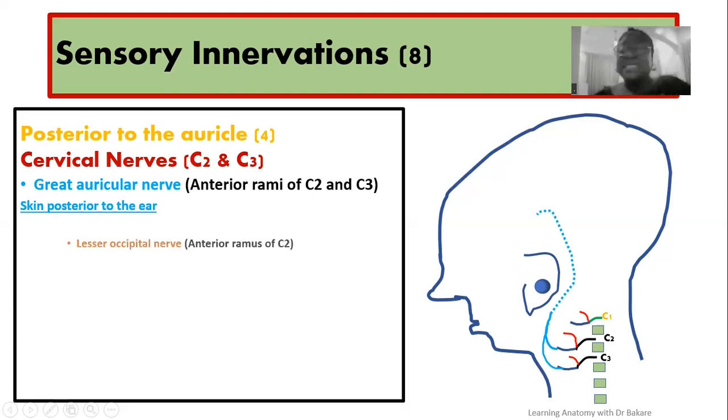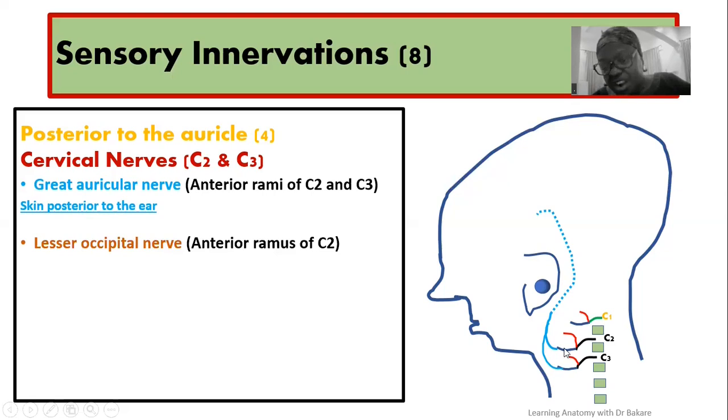Then the 2nd branch is the lesser occipital nerve. The lesser occipital nerve is a branch from the anterior ramus of the 2nd cervical spinal nerve. This is where we have the 2nd cervical spinal nerve, and this is where we have the ventral ramus. This is the dorsal ramus. So from the ventral ramus of the 2nd spinal nerve is where we have the emergence of the lesser occipital nerve. And this lesser occipital nerve will part up, and you see it's